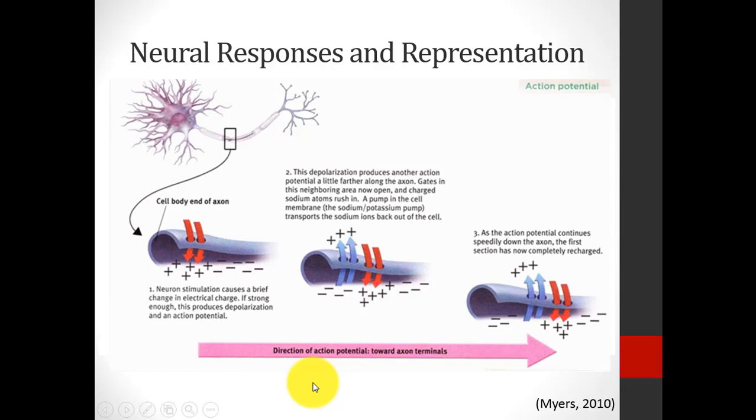You could pick up any intro textbook and see this diagram, probably just in different forms. I like this one. But if we're thinking about the direction of the action potential as we move from that axon hillock all the way down the axon toward the terminal buttons, or the terminal branches of the axon, how